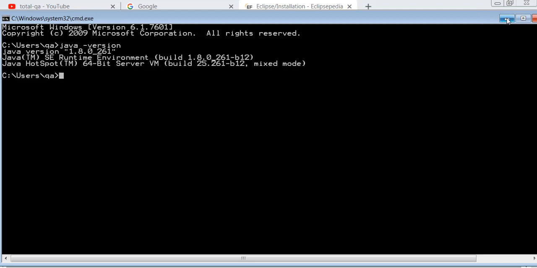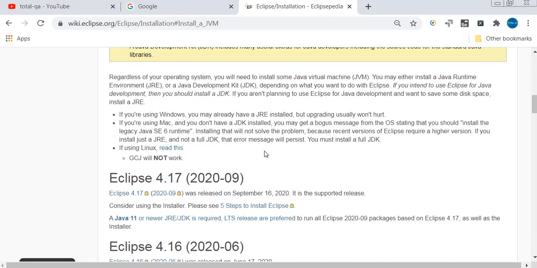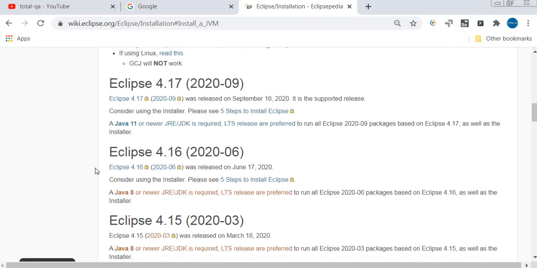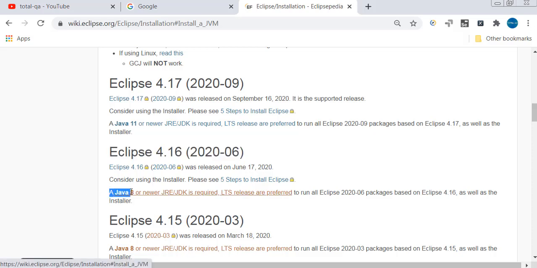So what do we have to do in that case? Scroll down and see here. You can find that for Eclipse 4.16, which was released in 2020-06, we can go ahead with Java 8, which is installed in our laptop. We can install Eclipse 4.16.